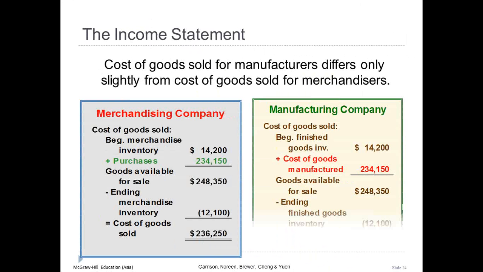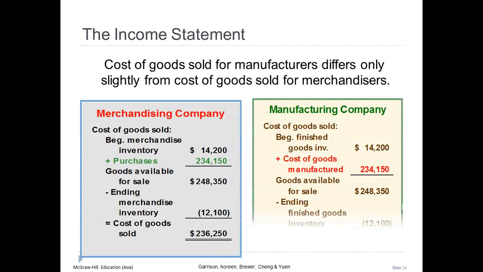For manufacturing companies, the cost of goods sold for a period is not simply the manufacturing costs incurred during the period. Manufacturing companies calculate cost of goods sold as beginning finished goods inventory plus cost of goods manufactured minus ending